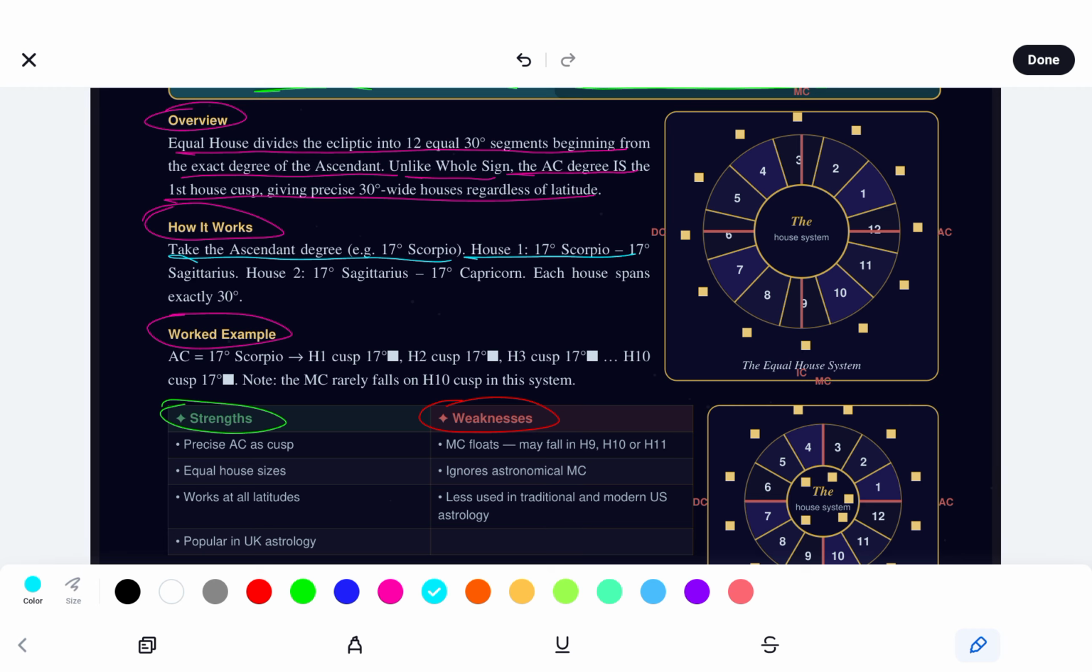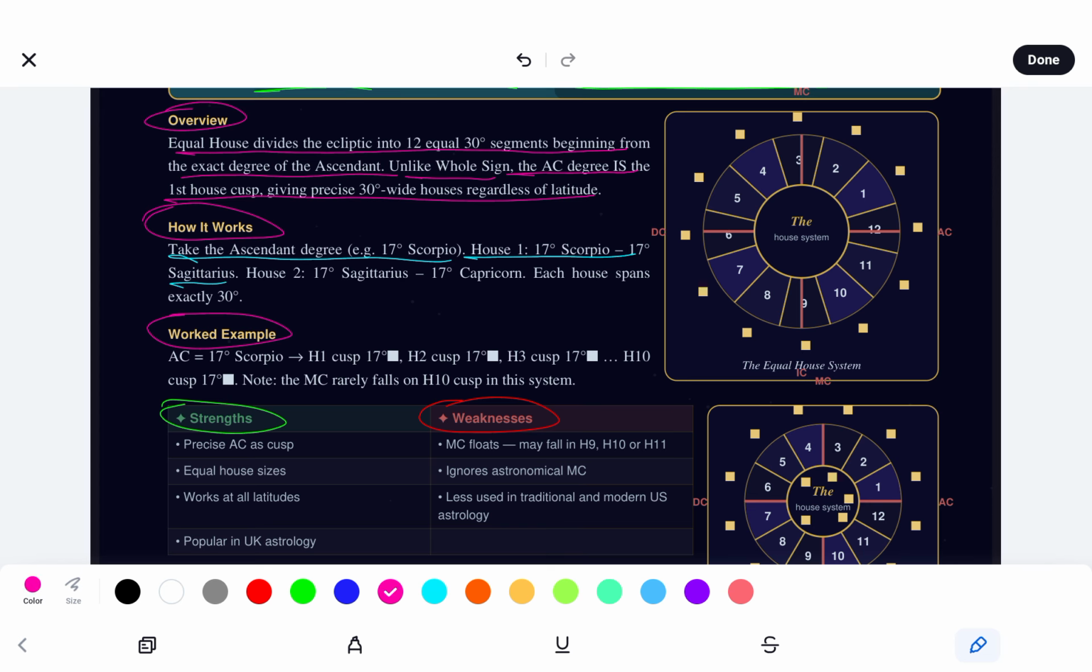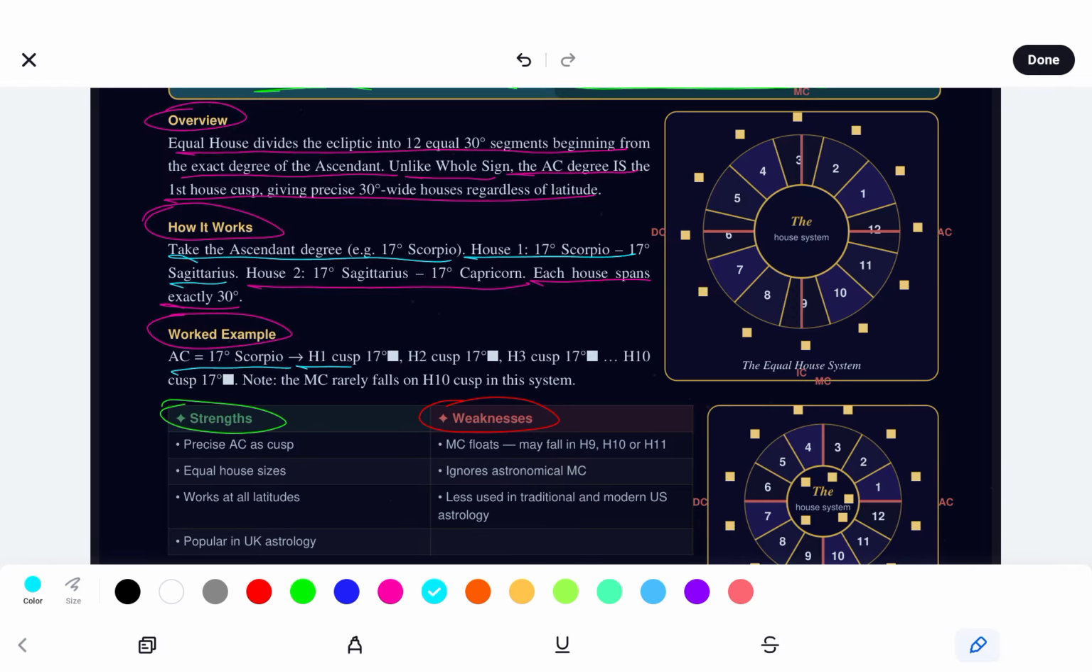So house 1 is 17 degrees Scorpio through 17 degrees Sagittarius. House 2, 17 degrees Sagittarius through 17 degrees Capricorn. Each house spans exactly 30 degrees. So we see AC equals 17 degrees Scorpio, H1 cusp, 17 degrees, H2 cusp, and then again, it's going to be 17 degrees for all cusps until we notice that the midheaven rarely falls on the 10th house cusp in